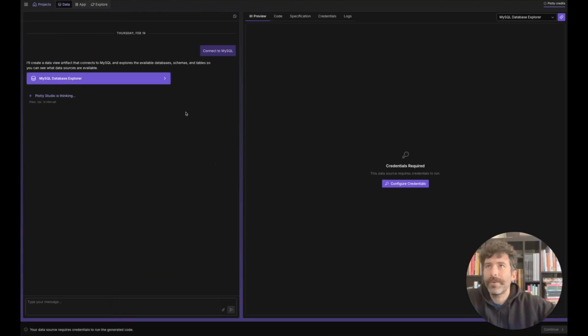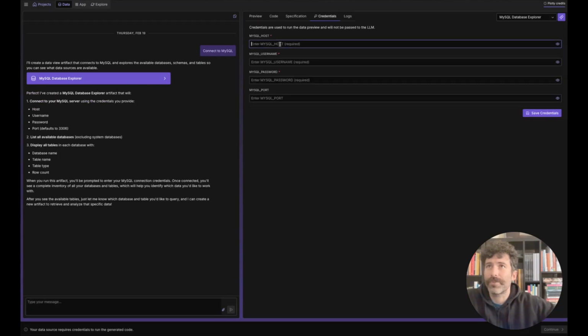And so I'm going to just ask it to connect. It's going to generate a credentials screen. And thankfully, I have all of these credentials handy, generated by the database when I created it. I'm running it locally, but this would be some sort of IP address or web URL where you can access your database. I'm going to enter my username, my password,